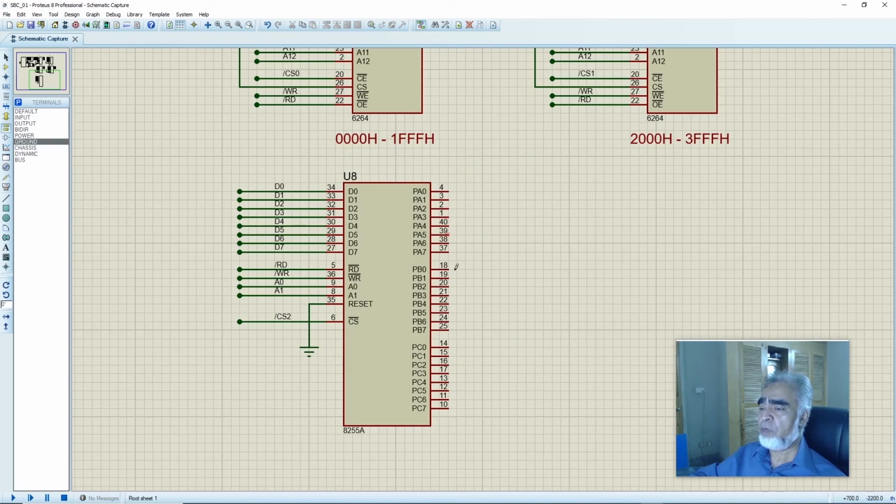And here we can check we have 3 ports on 8255 PPI, that is port A, port B and port C. We can connect external world devices with port A, port B and port C, and we'll see how to configure these ports of the 8255 PPI for different configurations, that is for input and output to connect this interface with the real world, to read the inputs and to write the outputs of the real world.